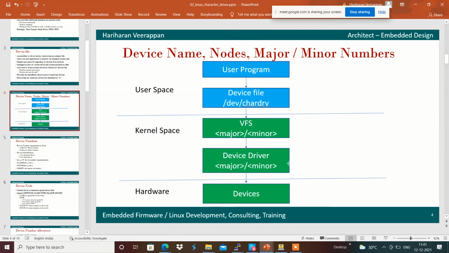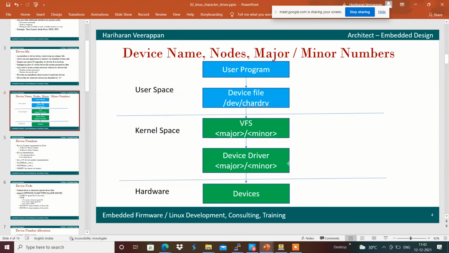Is that fine? You got the basic idea of how the user program accesses the device file and how the device driver gets linked with respect to the device file.